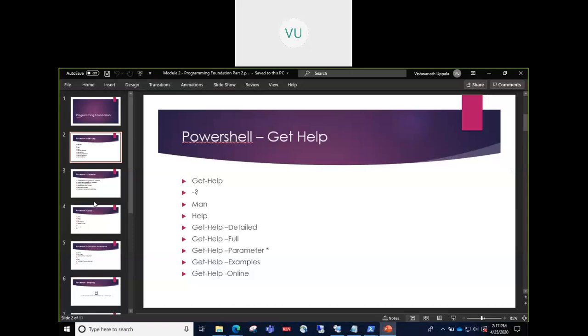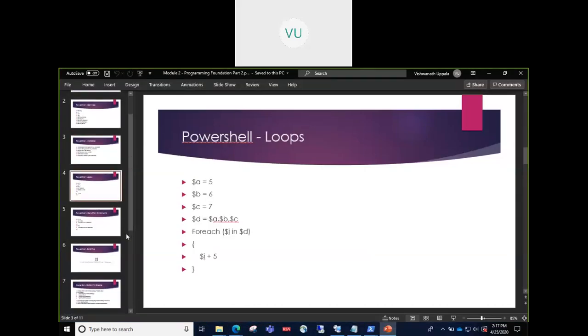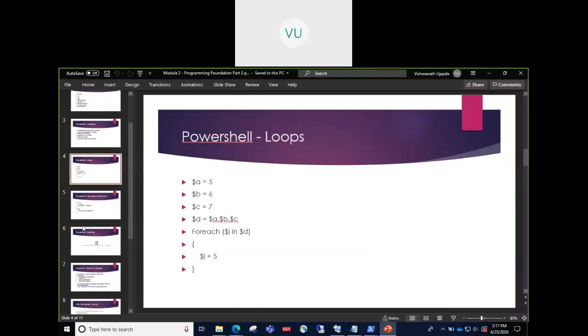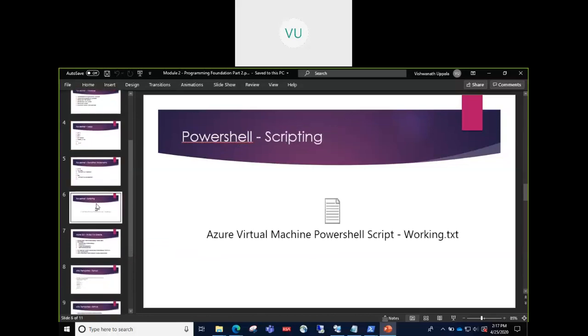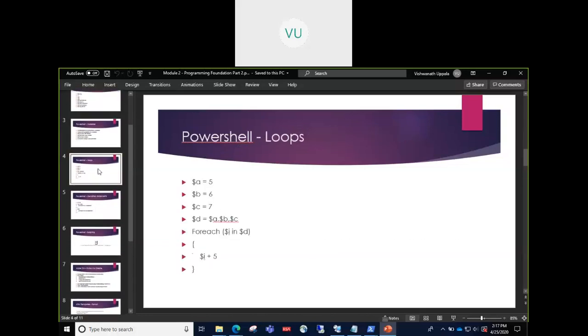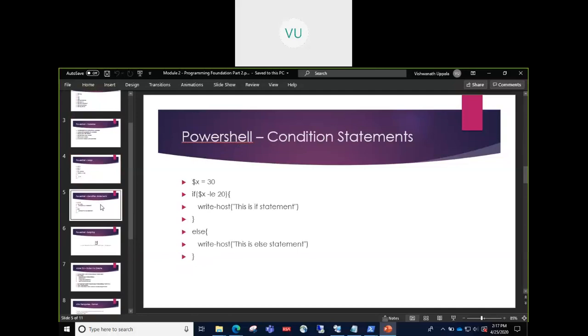So last session we came till, okay, we completed these PowerShell loops as well, the conditional statements. So these things, the loops and conditional statements, if you have any basic programming understanding, the same concepts apply here with PowerShell as well. Only thing that would differ is certain change in commandlets, in syntax.